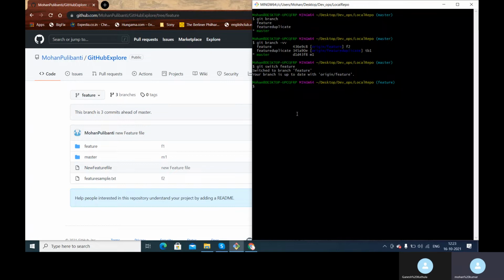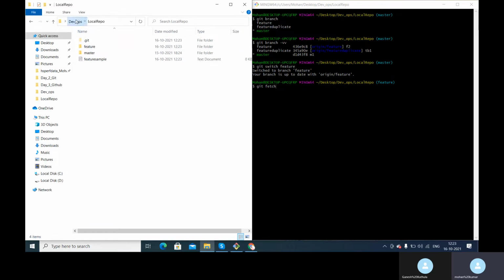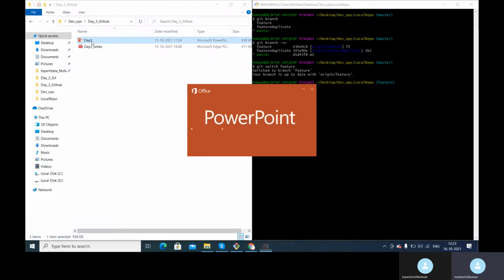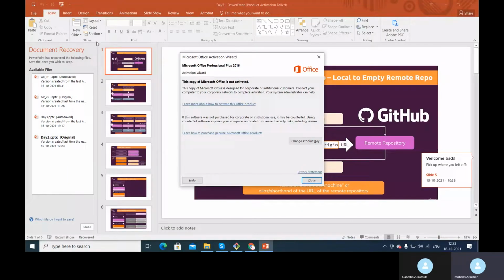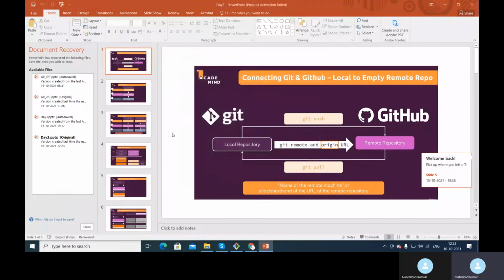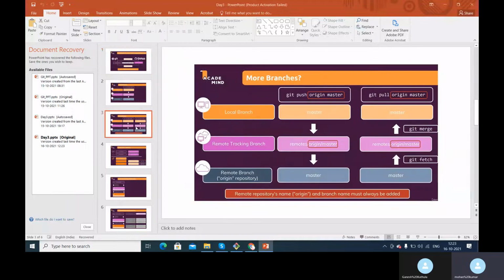We know that git fetch brings the data from the remote repository to the remote tracking branch. If we go back to our ppt, fetch is something that brings the data from the remote repository branch to the remote tracking branch.